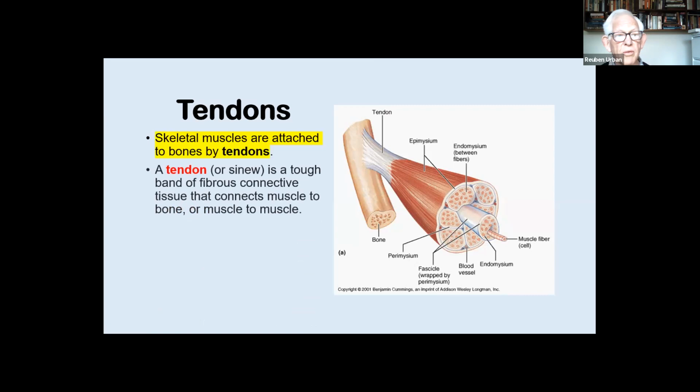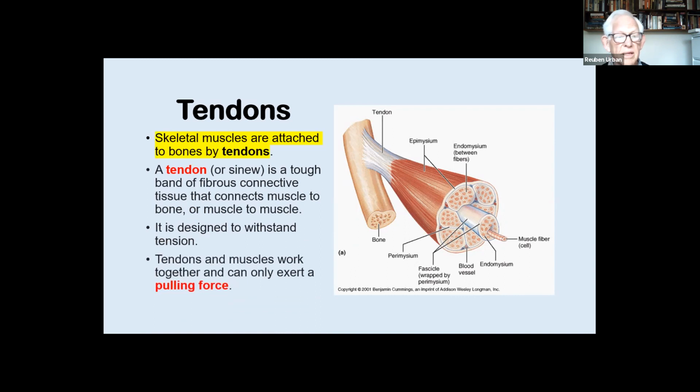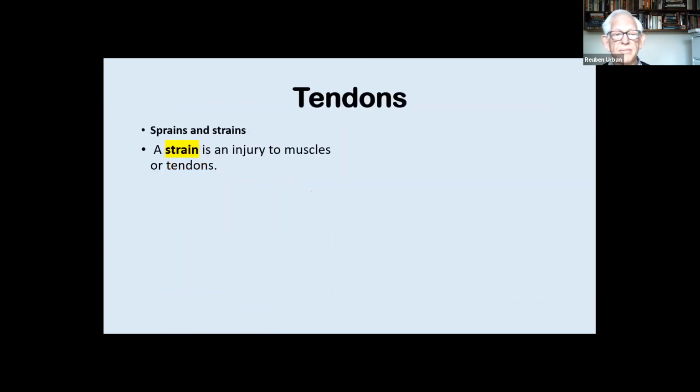Okay, so these tendons, and people call them sinews, are very fibrous, and extremely tough, but they don't stretch. It can't stretch because if it keeps on stretching, it becomes weaker. So it has to be there to be able to do the work. All right, so everything else is what we've seen before.